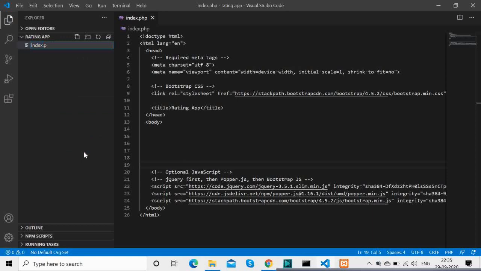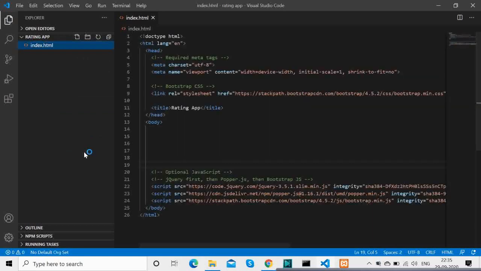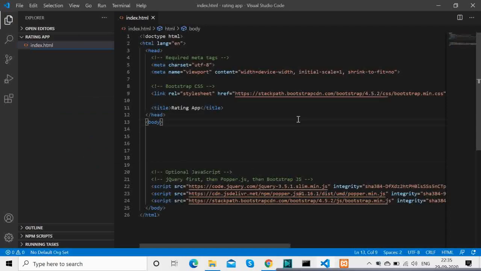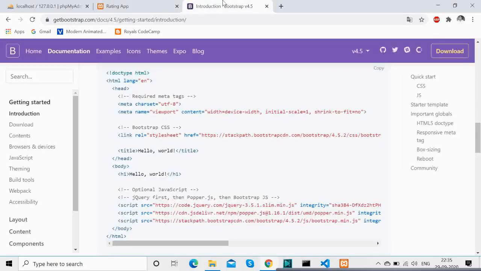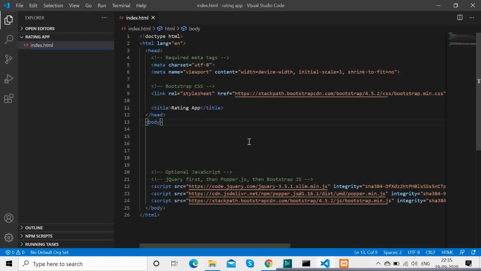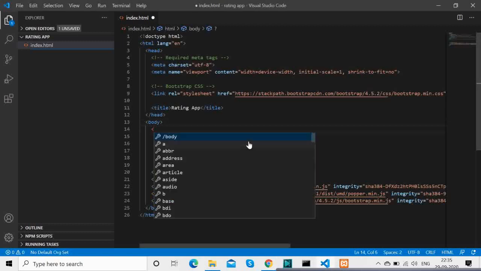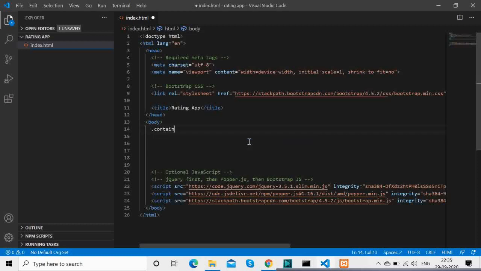I'm renaming the file as index.html so that I can get quick highlighting from VS Code. Now we will get the basic structure.